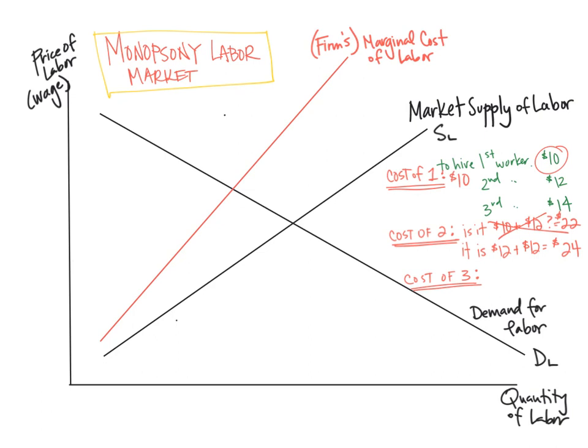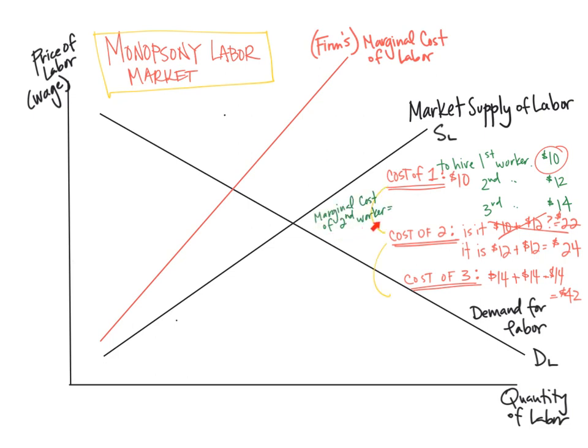We treat all wages as equal. So you can't just keep hiring workers at incrementally different wages. Every time there's a hiring decision, we think about wages being more or less equal. So if they want to hire 2 workers, each of those workers is going to be $12, for a total wage cost of $24. Go ahead and practice. What would be the cost of 3 workers? $42. Each of the 3 workers is costing $14. So 14 times 3, $42.